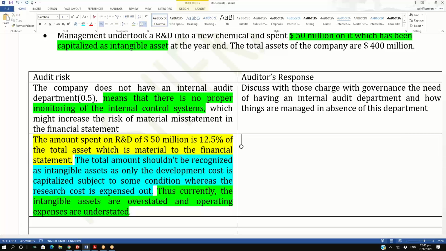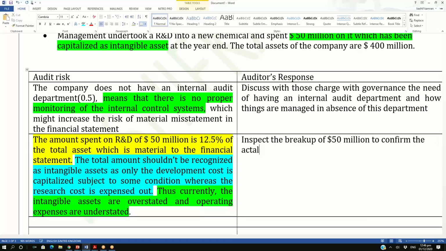Now, when I write my auditor response, when I go to the audit, I will be discussing. I should take the breakup of the $50 million to confirm how much is the amount spent on research cost. And I should emphasize on the management to adjust the amount. So I should inspect the breakup of $50 million to identify, to confirm